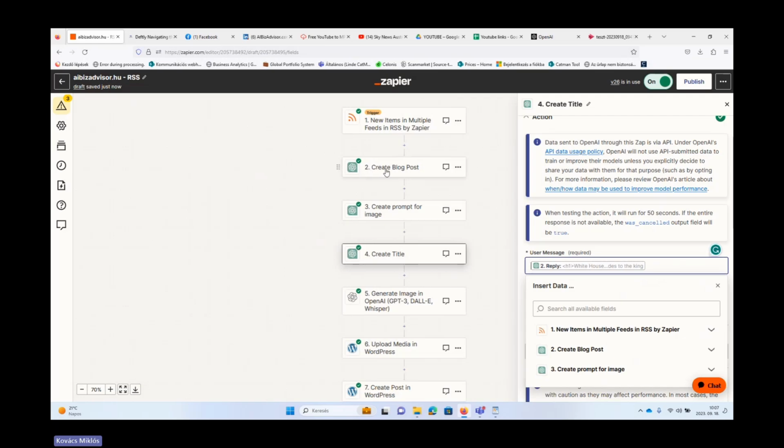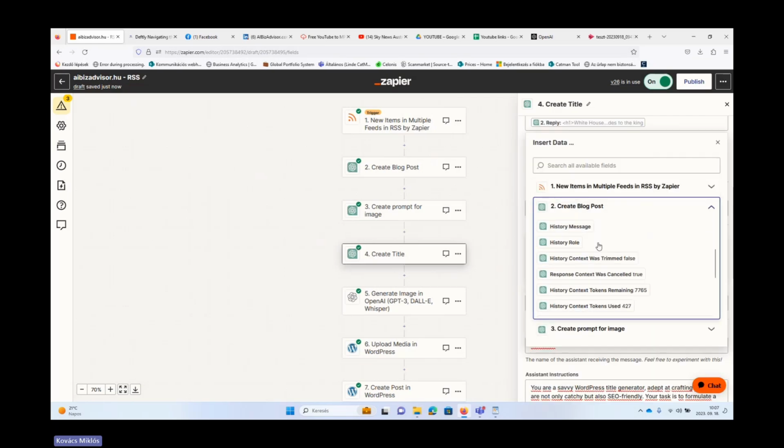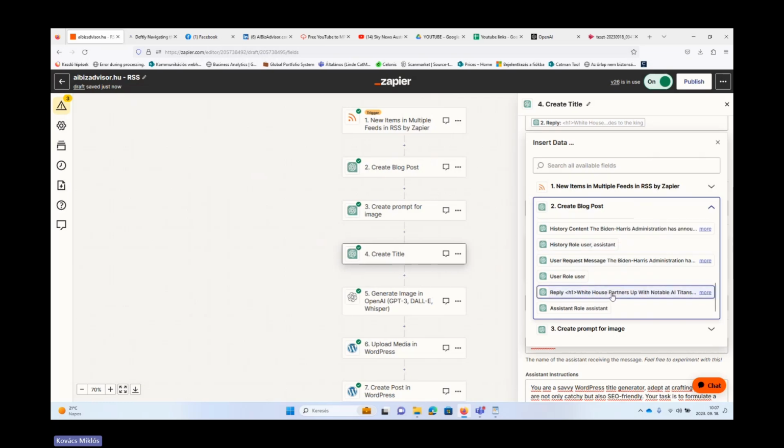In step 2, we asked ChatGPT to rephrase the original content. Now we will use the output of this step, so basically the rephrased content, and you can find it in step 2 under reply. So this is the part which was replied by ChatGPT.